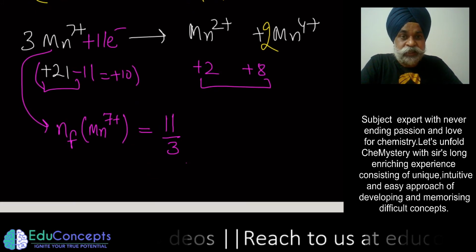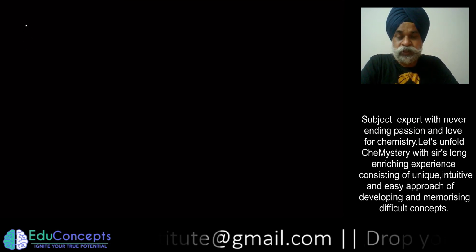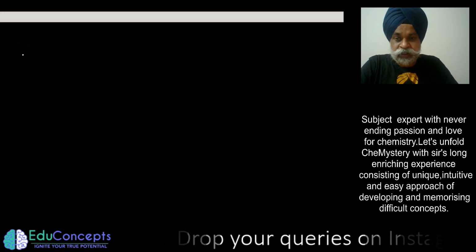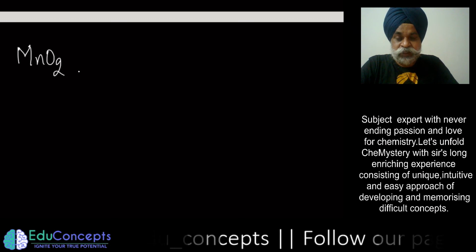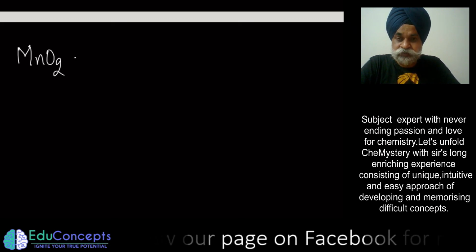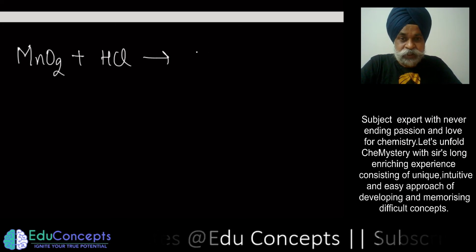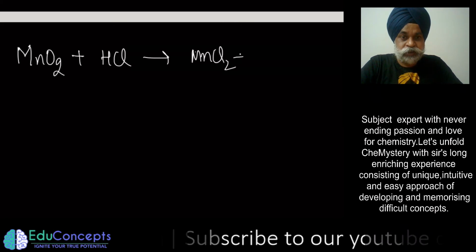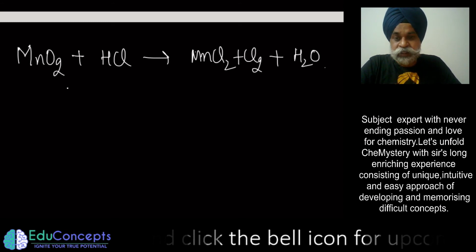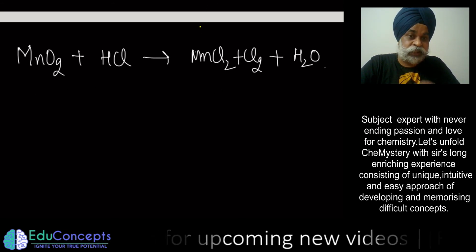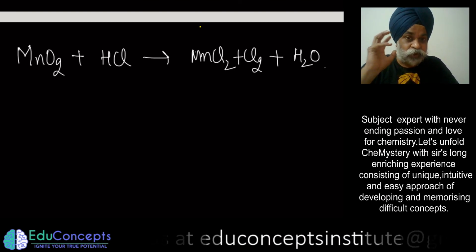To make it more understandable, let me take one more example to explain case number 2. Let me take the case which we took in the last slide also. Say for example, this is the case. Let me write the complete redox reaction. This is an interesting case. With the understanding of this case, you are able to see how case 1 and case 2 both can be visualized in this particular problem.